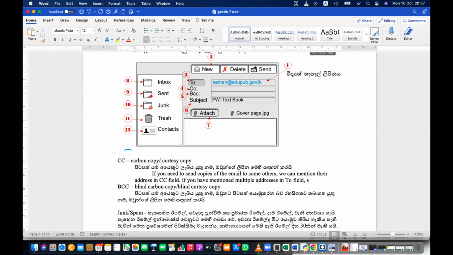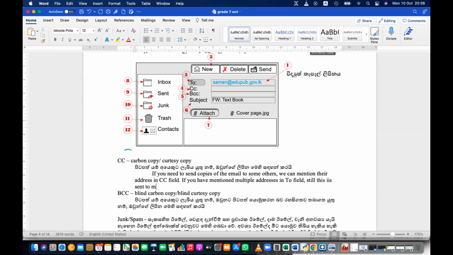Still this is sent to multiple parties, but CC will explicitly indicate that it is copied.